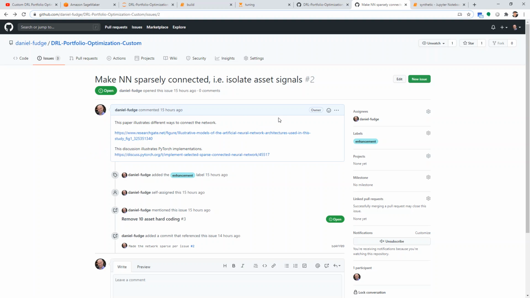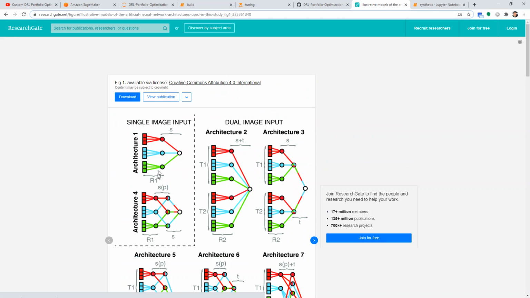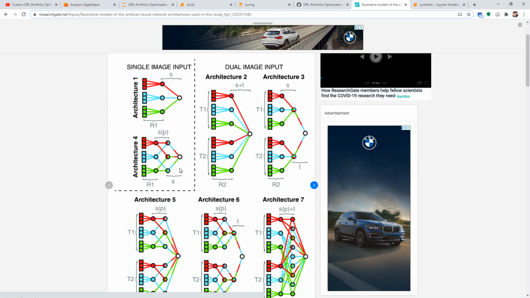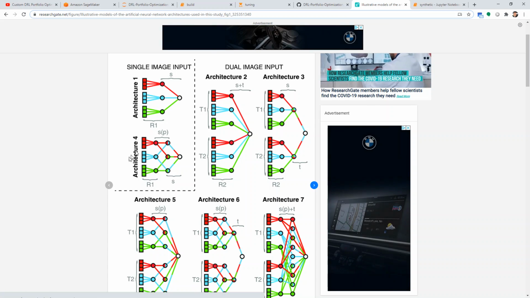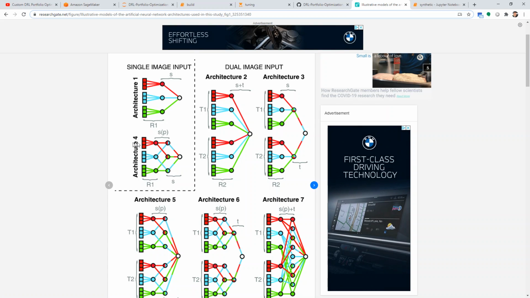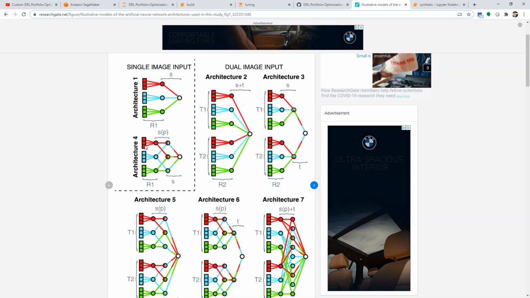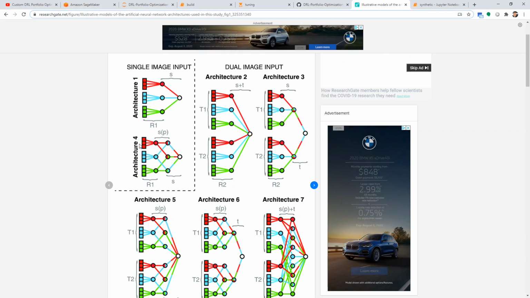And what I mean by sparsely connected is that all of those 60 inputs are not fully connected to the network. There's actually a good paper that I have listed here, which shows how you could break that up in all different types of ways, right? So for us, they have 3 groupings, and for us it would be like if we had 3 assets, right? And they also have 3 subsignals. So for us, if we had 3 signals on 3 assets that would be passed in,